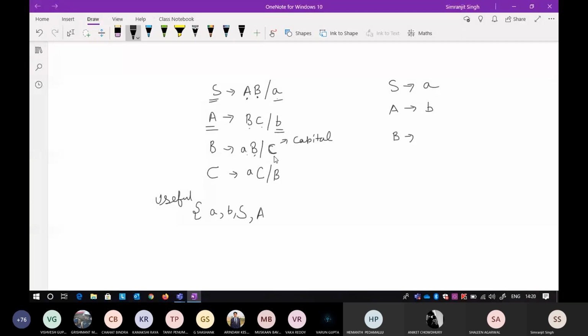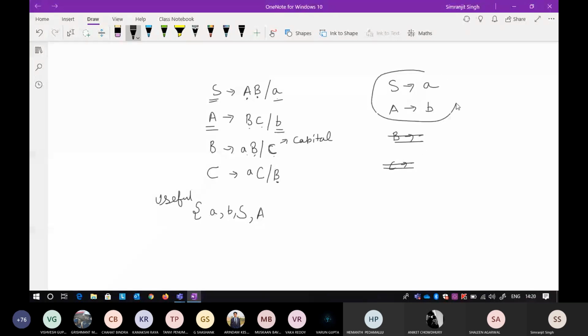Okay, so C is a straightforward question. So you do not include this production as well. Now for C, C tends to AC. So A is there, but C is not there. And for B, it's also not there. So just eliminate this also.